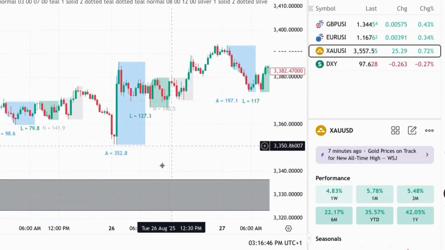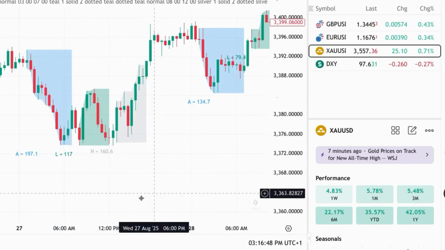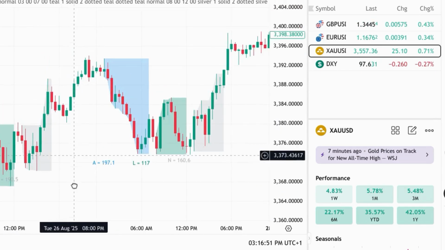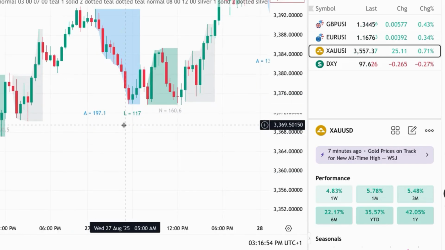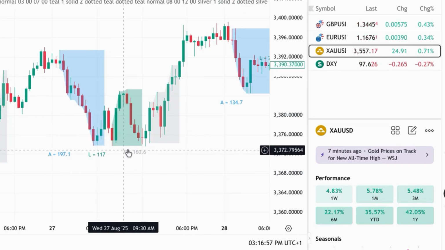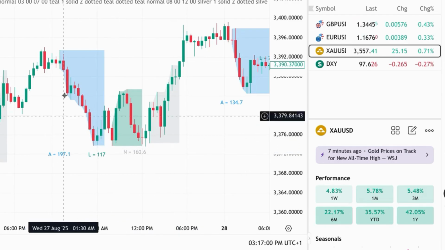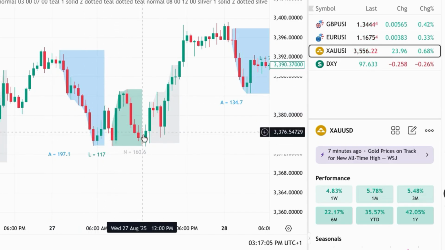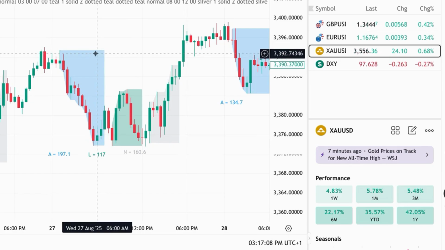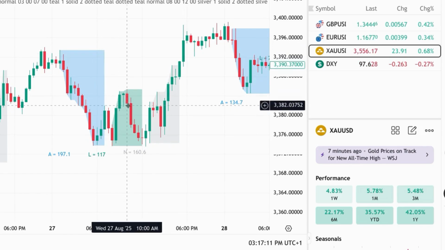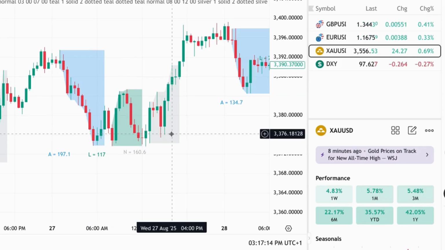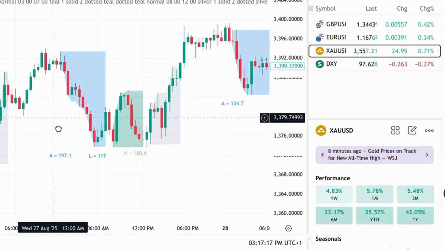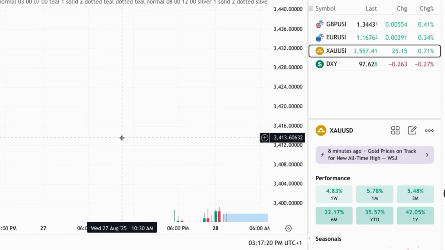As you can see, this is, let's say, this A. This A stands for Asian session, and this L stands for London session, and this N stands for New York session. So these are the moves since the Asian session, then the London session came in, then the New York session goes. So as you can see, a currency pair that moves in the Asian session, where we can have like JPY. So before going to that, let's move to